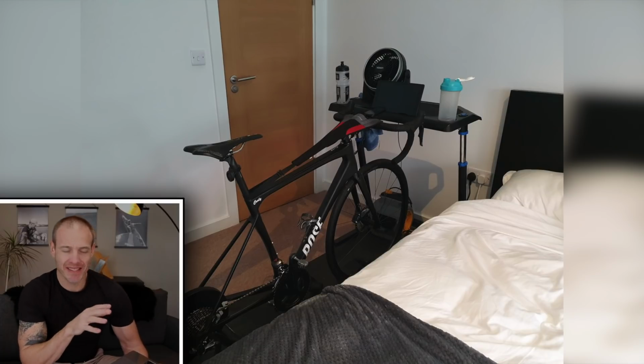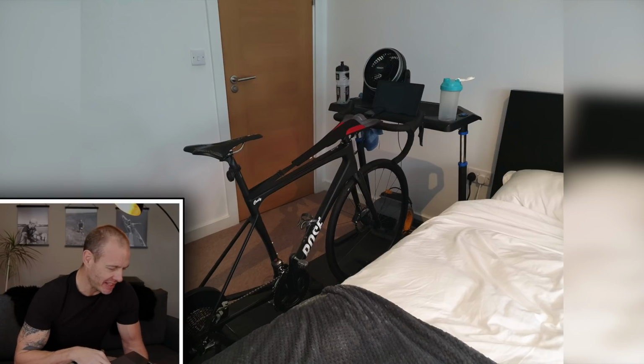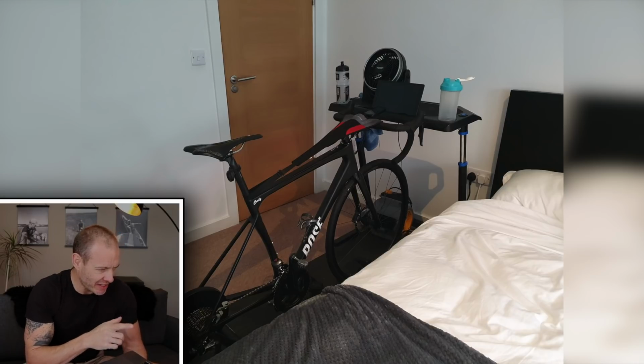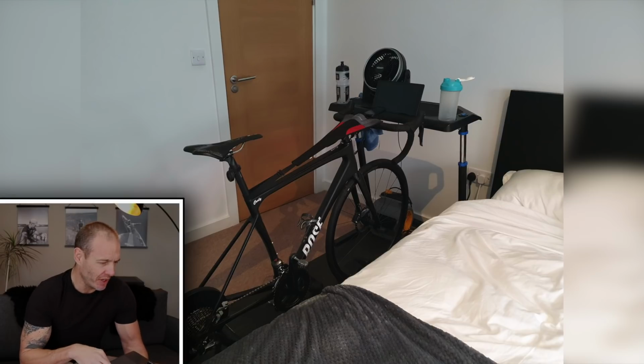So Charles has the same desk and it does have cup holders. I am really tempted by that desk. One of you email me, tell me where you got that thing from. I want it. He's got a smaller screen, but he says in his notes that he's using Trainerroad and a big immersive screen is not quite so important for Trainerroad as it is for stuff like Zwift. That is a nice, tidy little